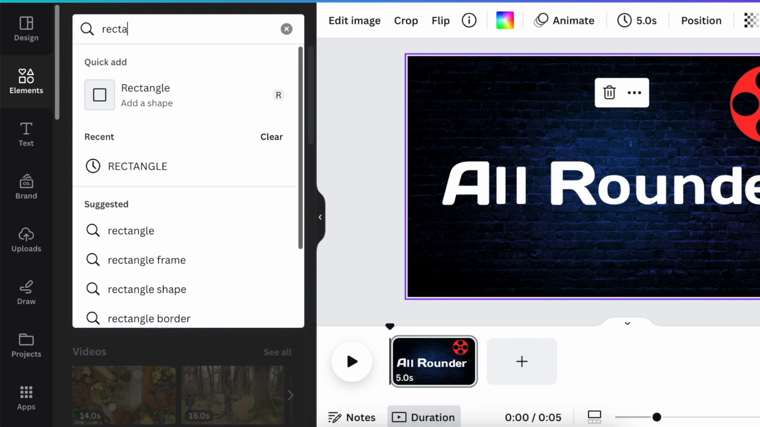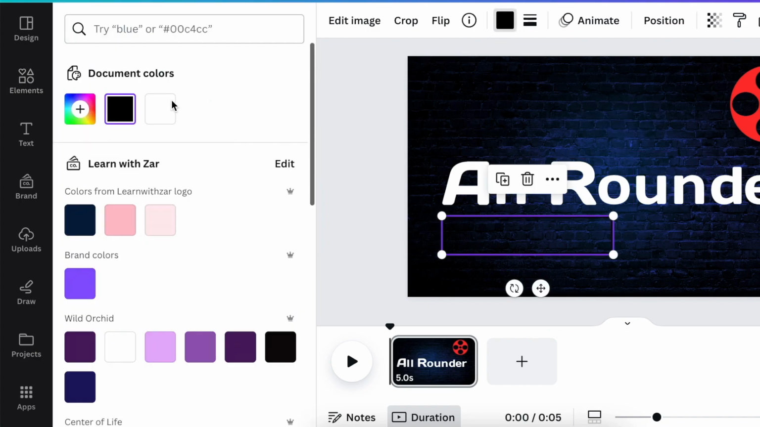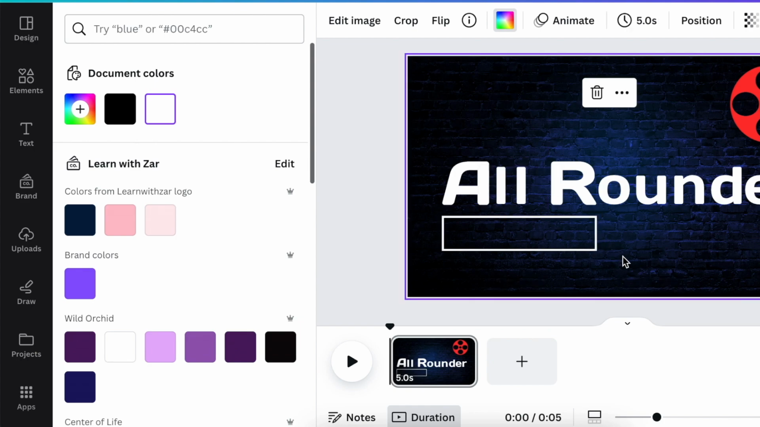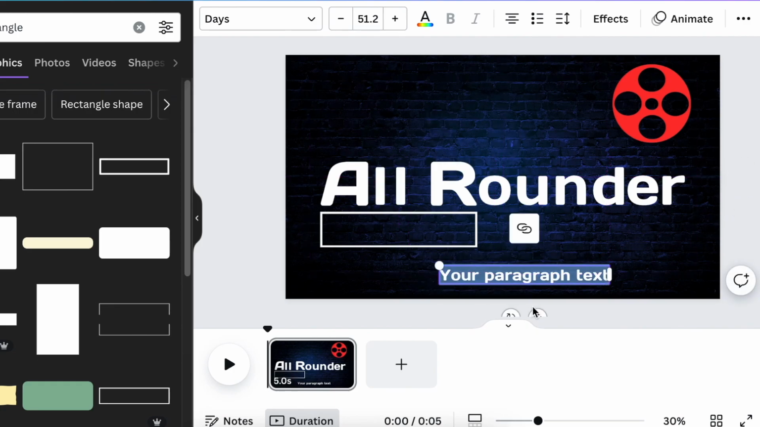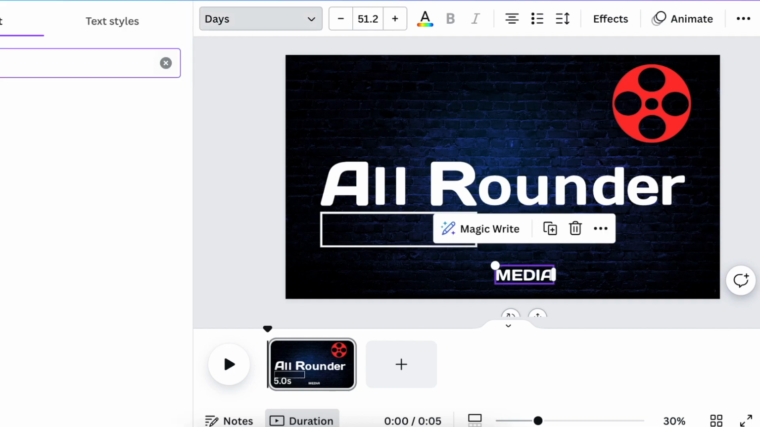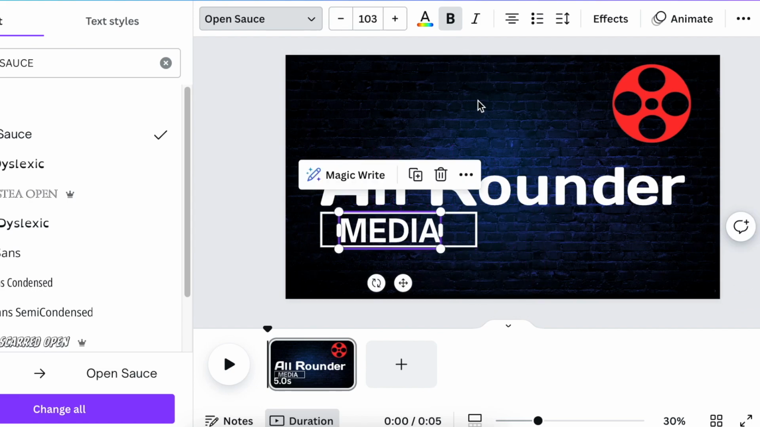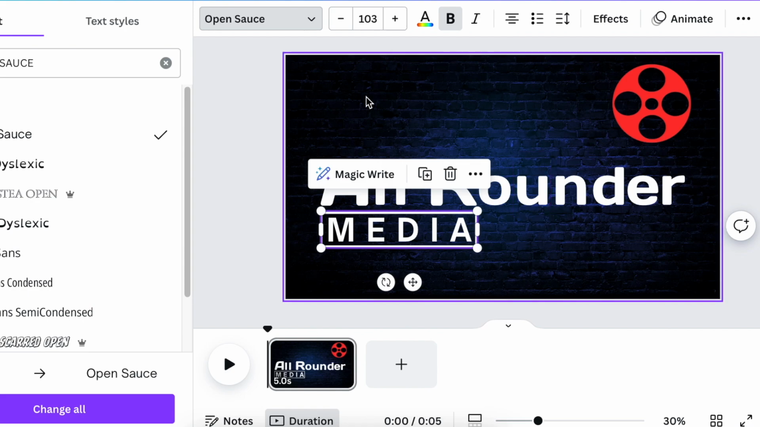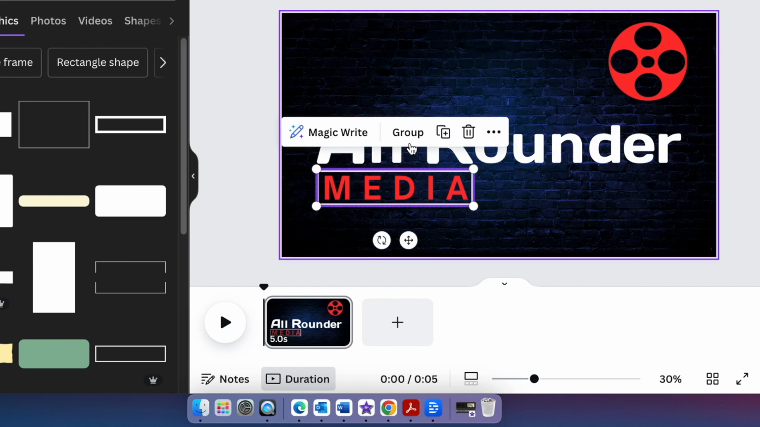Rectangle. So we're looking for a rectangle graphic that can change color and be white, and edit just up until the A and the R, and then press T for text to add the word media in capital letters, and use an open source font for the text. Make it nice and bold, enlarge it, add it to the box, and then space the letters to fit the rectangle this way, and then change the color to red for your media, and then highlight the two, group them,